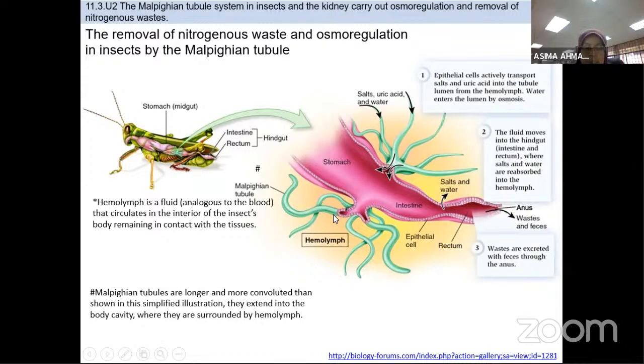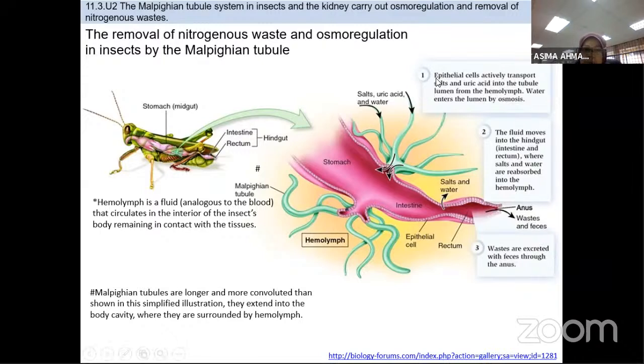So now this Malpighian tubule is actually longer and more convoluted, extending into the body cavity. Maksud dia lebih kompleks di structure dia. And this tubule is surrounded by hemolymph. Hemolymph tadi lah, dia punya yang sama macam blood kita. Alright, so here you can see first,